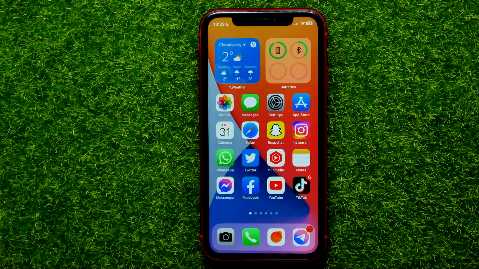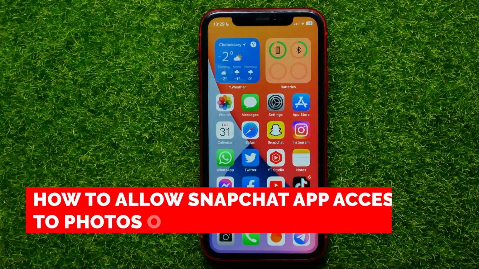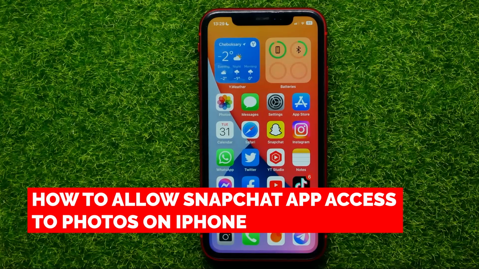Hello guys, welcome back. In this video I'm going to show you how you can easily allow Snapchat app access